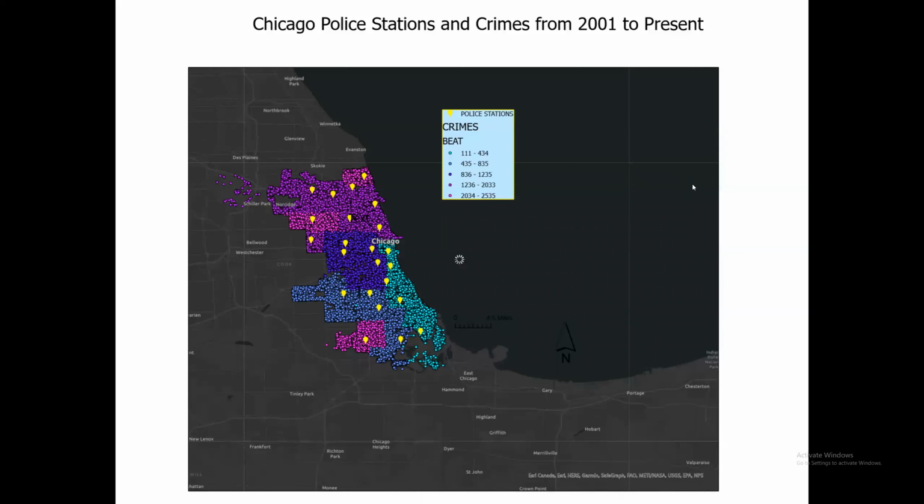Right on. So what we're seeing here is point data for where individual crimes were located from 2001 to present in Chicago, and it's a little bit of an overwhelming map. It's kind of hard to see particular patterns of where the crimes are occurring. It looks like Chicago is just crime everywhere you go, and that may be kind of true, but